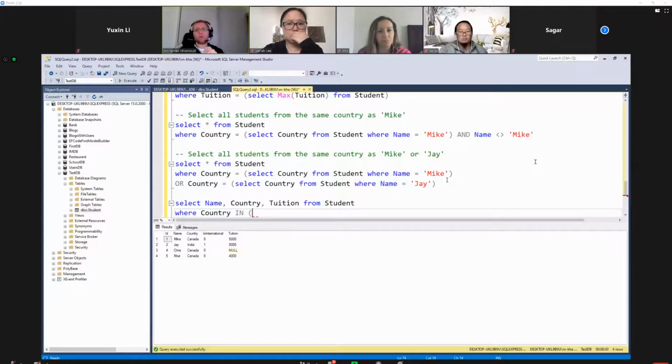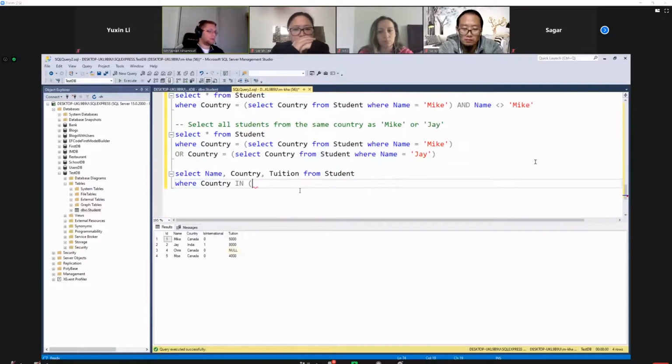Instead of the country being equal to Canada or equal to India, the country can be in a set of results. So I can say where the country is in this result, in the select country from student where